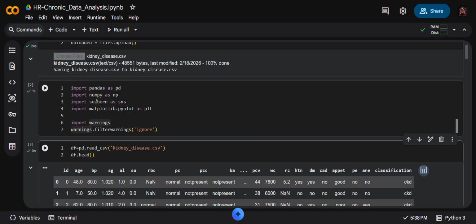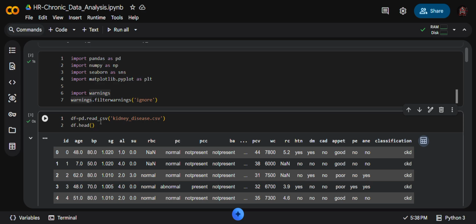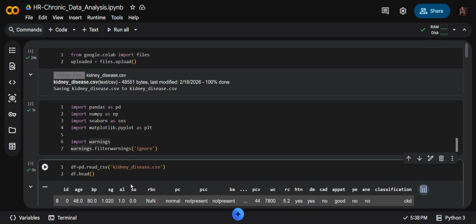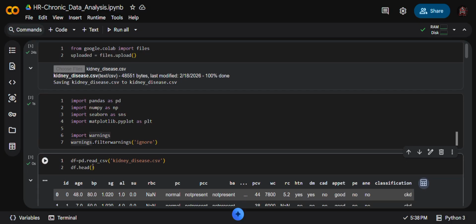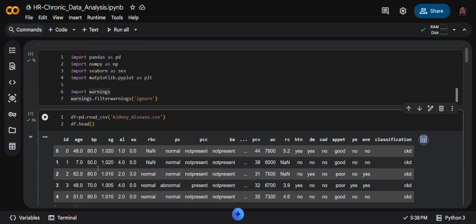Here we import the libraries: pandas, numpy, and seaborn, which is used to plot graphs, and warnings. Okay, it runs. This is the command we run while using our file, before any other command.